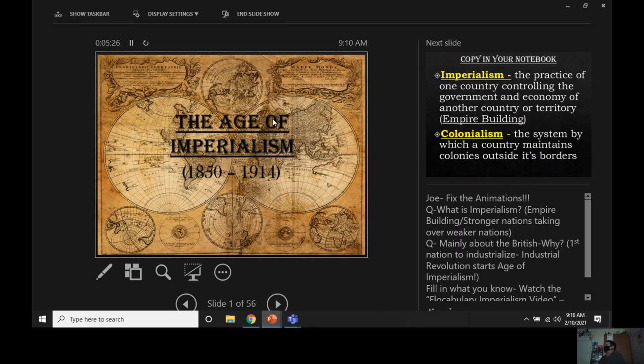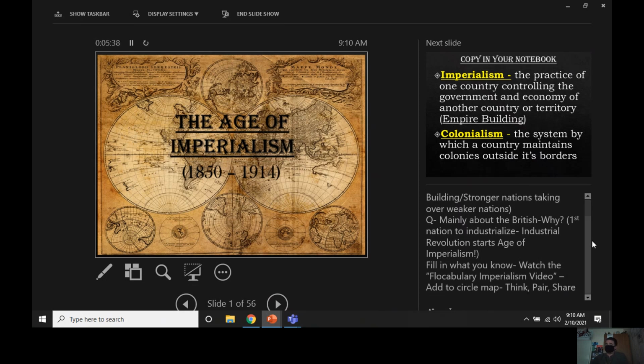It's one of the reasons that English is such a common language. It's because the British have conquered and colonized areas on just about every continent, just about anywhere you could think of. So that's what we're talking about today. It's not just the British, but the British are definitely the ones that are into it the most.